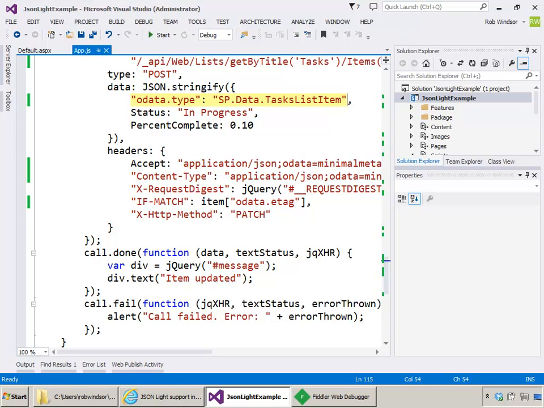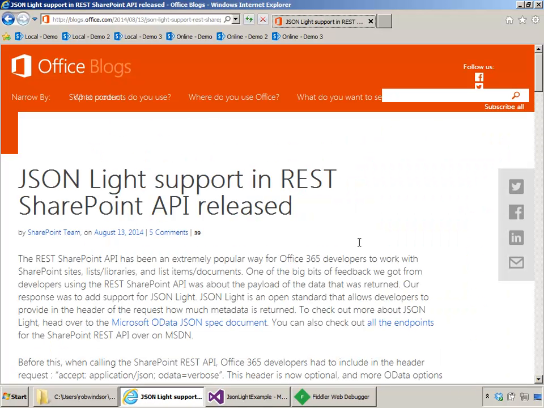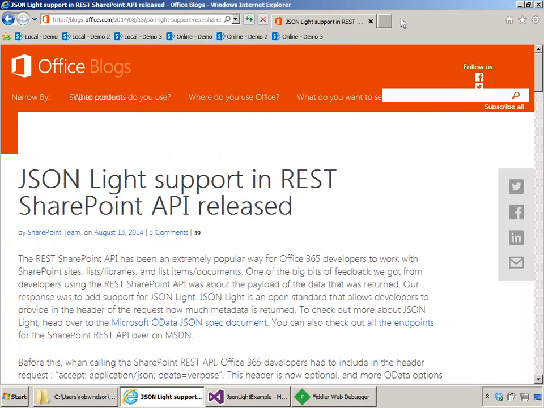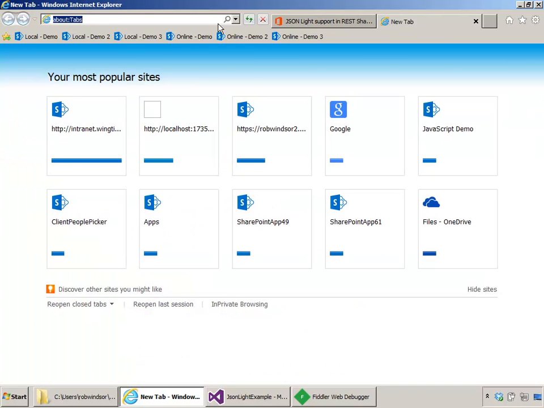So those are some simple examples of how to do get, create, and update using JSON Light. Also how to move your code from using odata equal to verbose over to odata equal to minimal metadata. I didn't cover delete, but delete's not that tricky, so I'll leave it as an exercise to you, the viewer. So we have the Office blog post covering JSON Light support, the motivation for it, and showing how to do get. If I can find the time, I'll try to do a blog post which covers the material that I've shown you here in my blog,